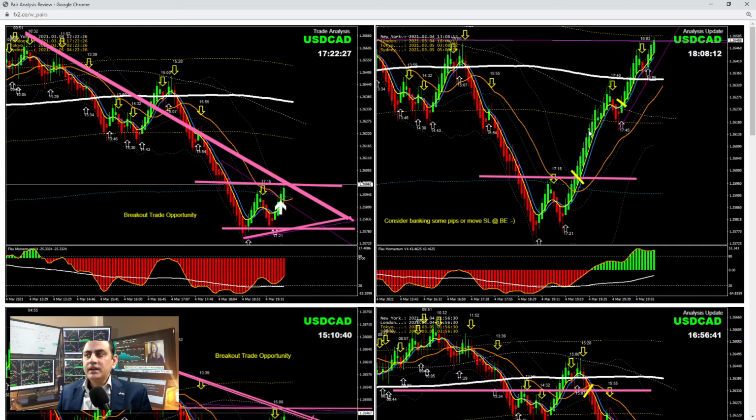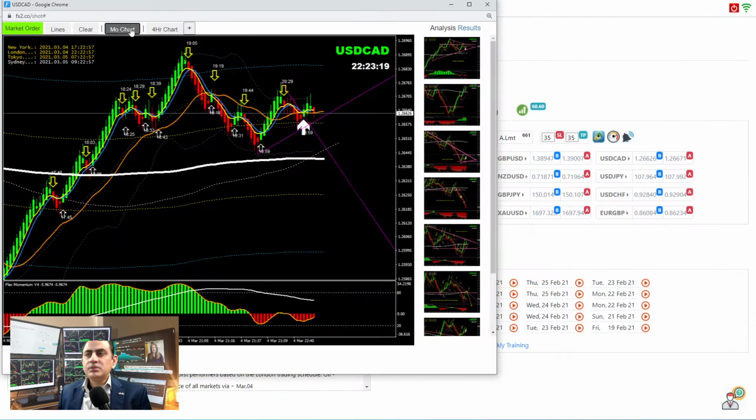Beautiful. And then I explained to my traders, just keep taking pullbacks on dollar CAD, and most of the traders really enjoyed it. You can see here all these pullbacks. So being an intraday trader, we really enjoyed it, banking beautiful pips. So now tomorrow, what we can see here,